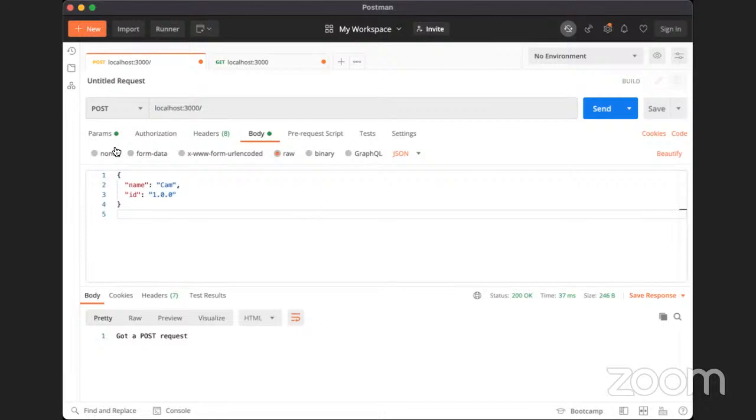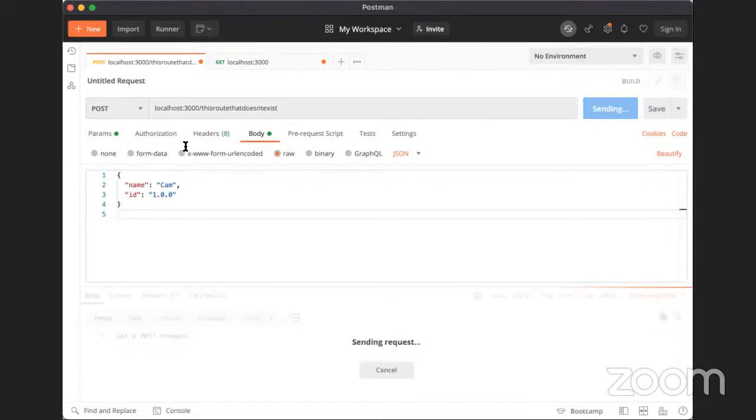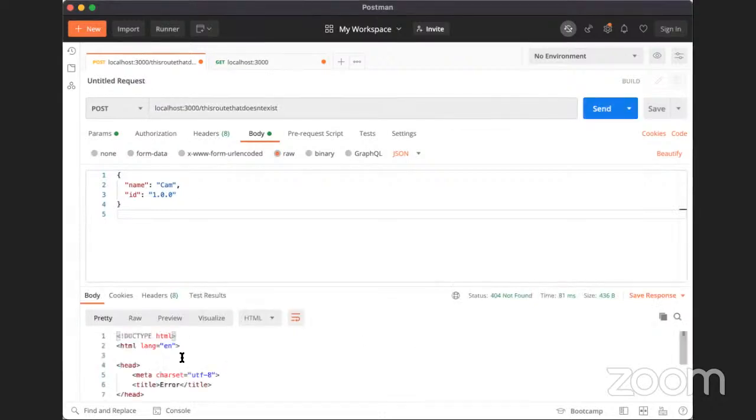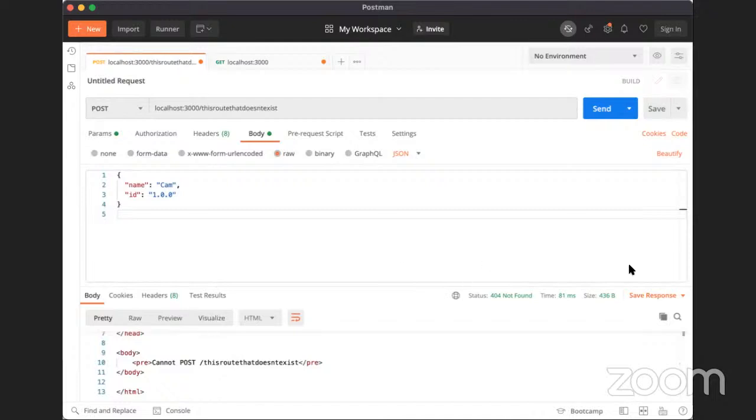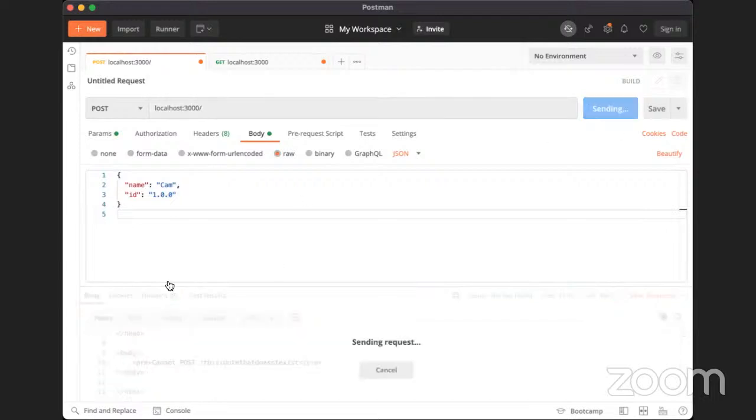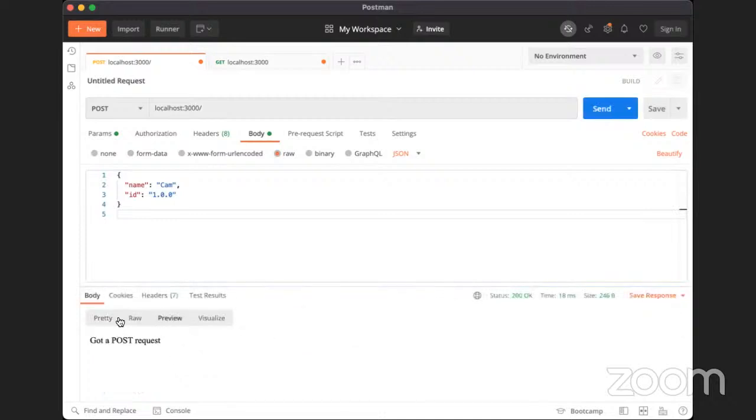The only caveat is that I need to call a route on a server that exists. If I call a route that didn't exist, like this route that doesn't exist, and send this, I'm going to get some errors that say stuff like, hey, cannot post this, this isn't a route, 404 not found, etc. So long as I'm posting to or getting data or sending a request to a particular route that exists, everything should be all good and